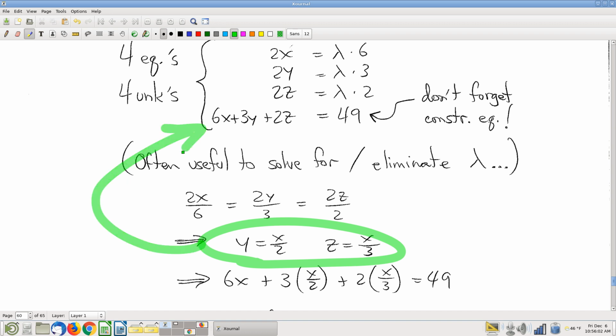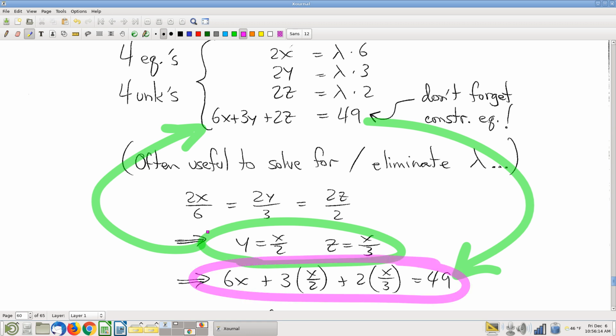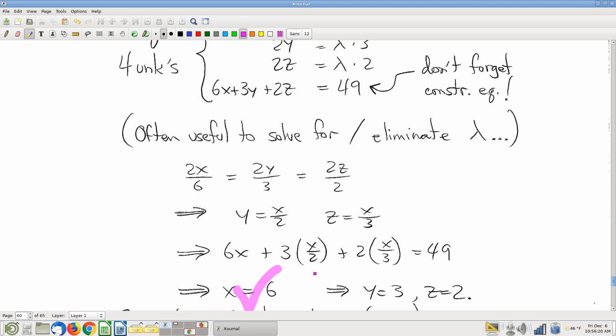Rewrite everything in terms of x, plug it into there, and now instead of an equation of 3 variables, we've turned that into an equation of 1 variable. And when you have an equation of 1 variable, it's super easy to solve. Right? So now we know x is 6. And once you know x is 6,